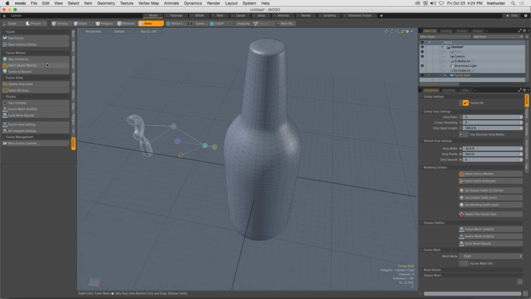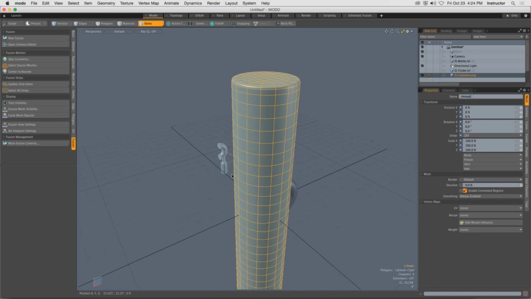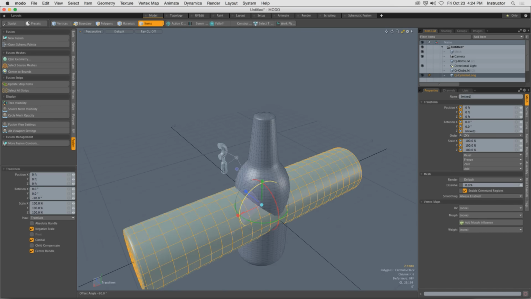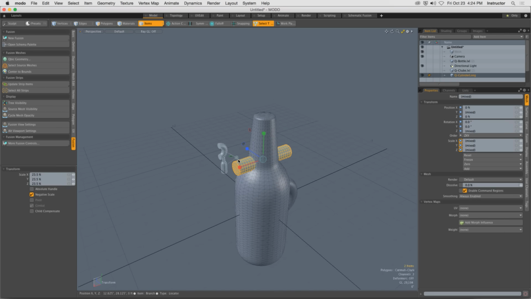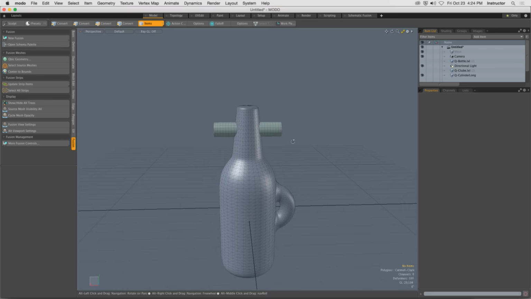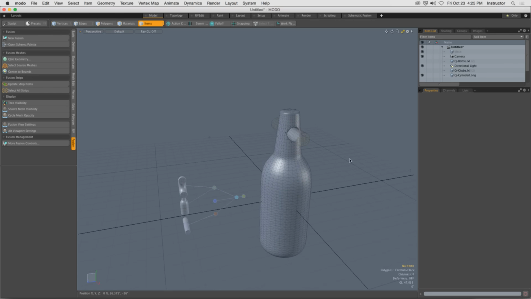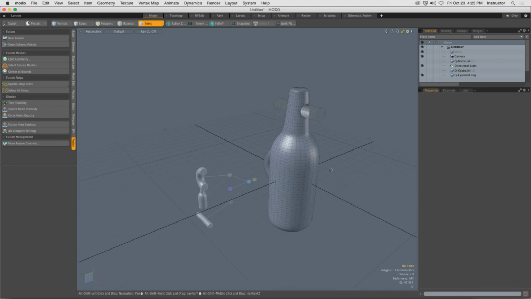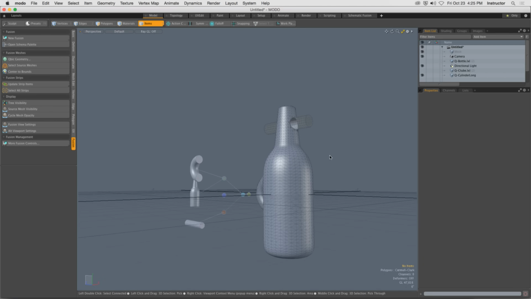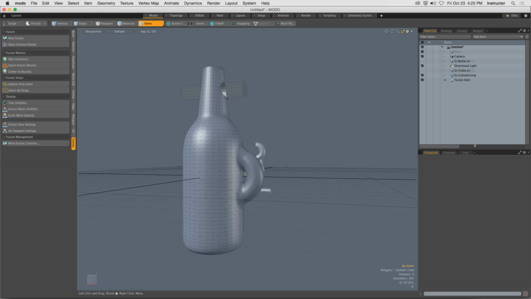Let's do a subtraction in here too so we can really get a good idea of what this process looks like. Okay. Hole in the bottle. Okay. All right, now